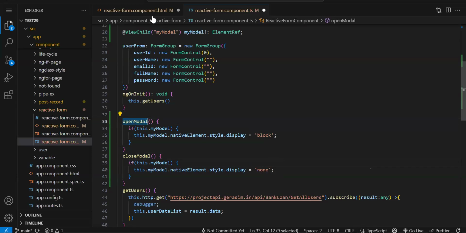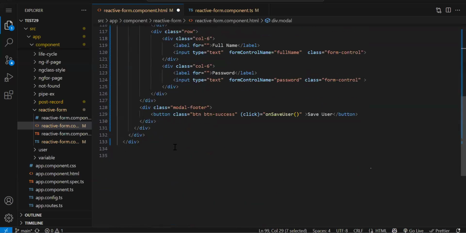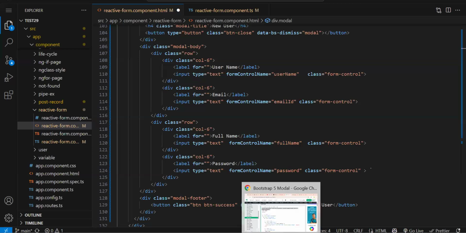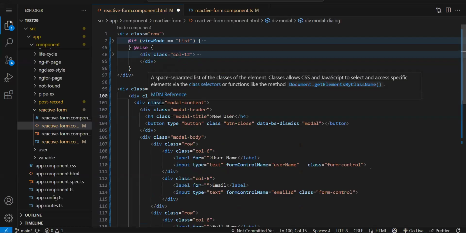सर, इसको ngIf से भी कर सकते हैं? ngIf से देखो, ये मॉडल तो बाय डिफॉल्ट ही है, फिर भी दिख रहा है क्या? नहीं ना। तो बाय डिफॉल्ट ये जो अपना क्लास है मॉडल, इसमें display none प्रॉपर्टी होती है। जब अपन क्लिक करेंगे तो block करेंगे, तब जाके ये दिखता है। ओके,